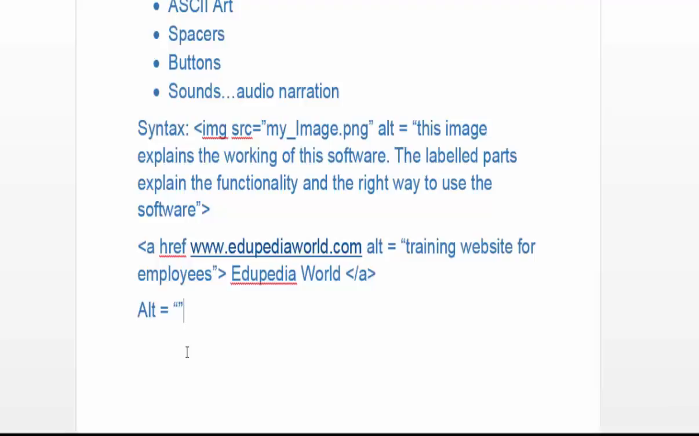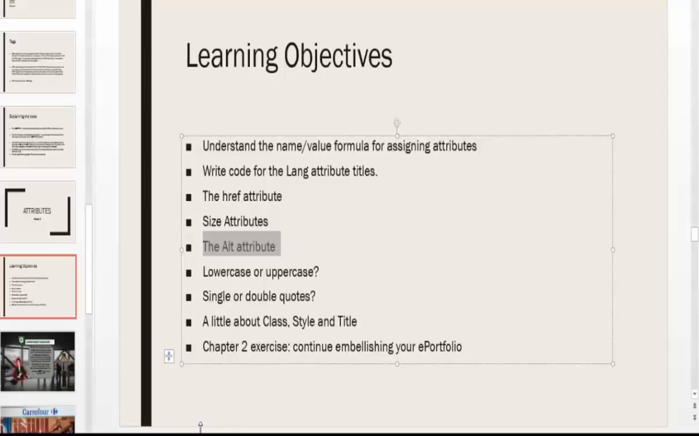So this was all about the alt text, and I would like to cover the upper or lowercase section as well. Remember, we were supposed to cover lowercase or uppercase and single or double quotes. Let me cover these two as well. So we have uppercase or lowercase. The question is, if you're writing code, should you be writing uppercase or should you be using lowercase when you're writing code? For example, here